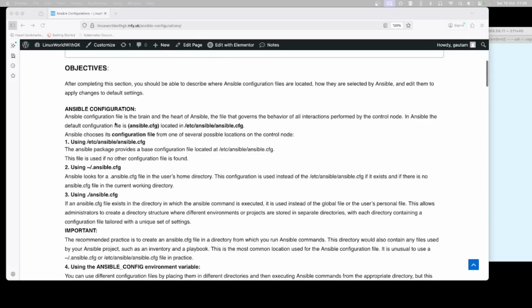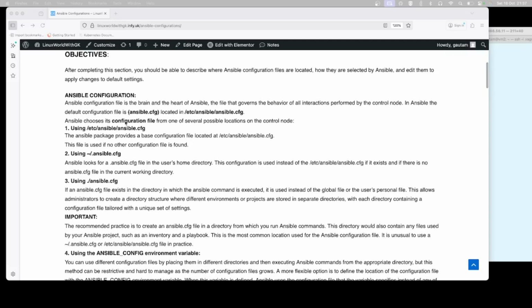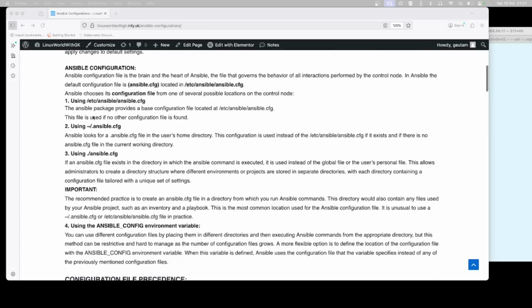The Ansible configuration file is the brain and heart of Ansible, the file that governs the behavior of all interactions performed by the control node. In Ansible, the default configuration file is ansible.cfg, located under /etc/ansible. Ansible chooses its configuration file from one of several possible locations on the control node. The default one is /etc/ansible/ansible.cfg. The Ansible package provides a base configuration file located at